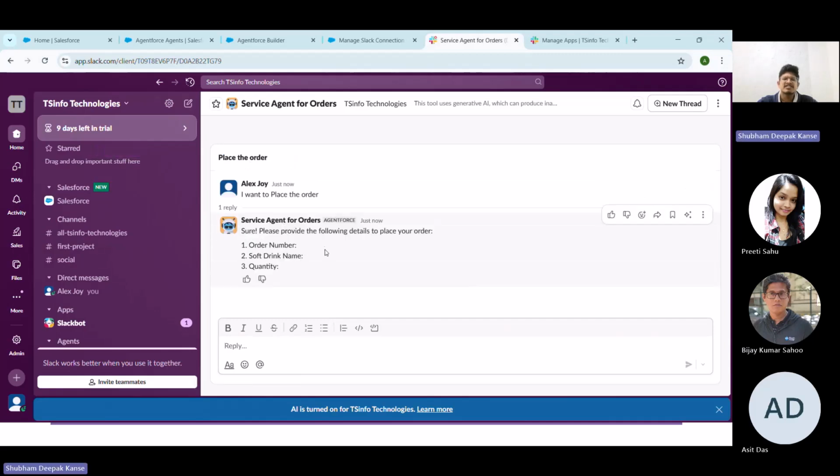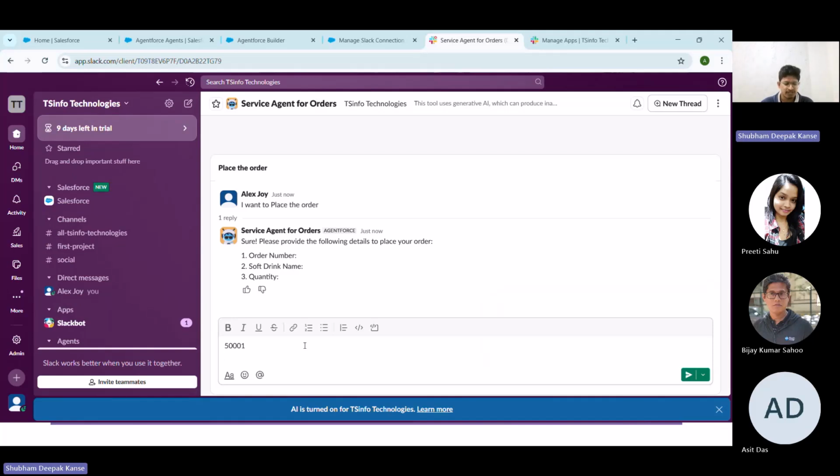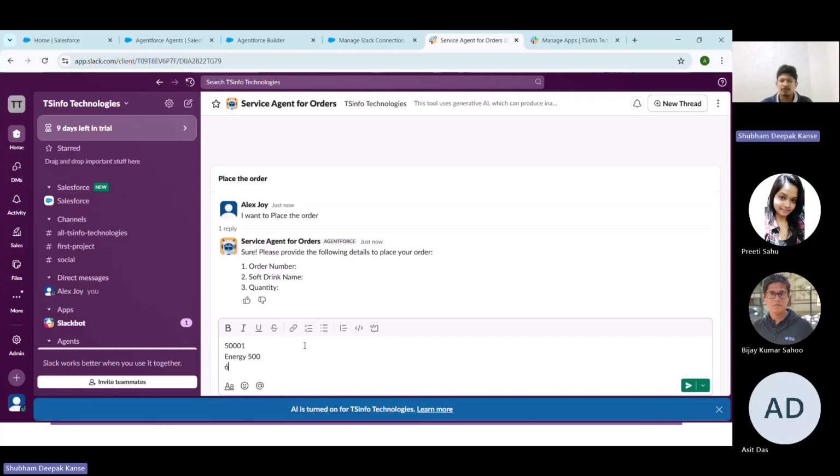now here you can see the agent has responded, but the agent needs the details, like which values we need to provide so that the agent can place the order. So here we need to provide the order number, then soft drink name, and then quantity. After providing these details, the agent will create the order for the soft drinks. So here I'm providing the order number 5001. After that, I need to provide the soft drink name. So here I'm providing Energy 500, and the quantity I'm providing is 60. Now, as I press the enter key,